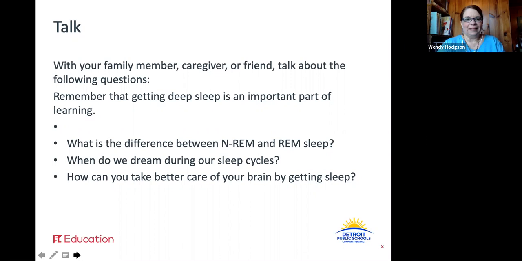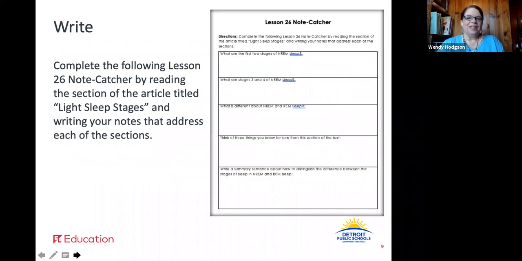All right, welcome back. So now we want to apply what you've read and been thinking about, what you've talked about, and we're going to have you write to complete this particular lesson with all of these sentence stems. What are the first 2 stages of NREM sleep? So you're pulling evidence out of that section of the article where they clearly tell you what the first 2 stages of NREM sleep are.